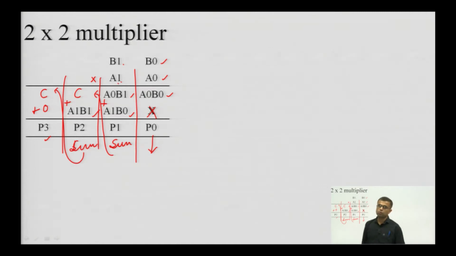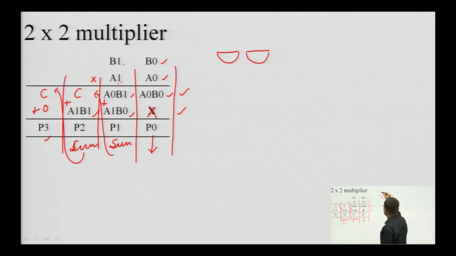So, this is the concept of 2 cross 2 multiplication, and if we want to convert this concept into a circuit, then we have to split our task into 4 parts. First, generation of these two rows. So, let us generate the first row a naught b 1, that means two products are to be generated. This is b 1 and this is b naught, and both multiplied by a naught. So, these are the two products.